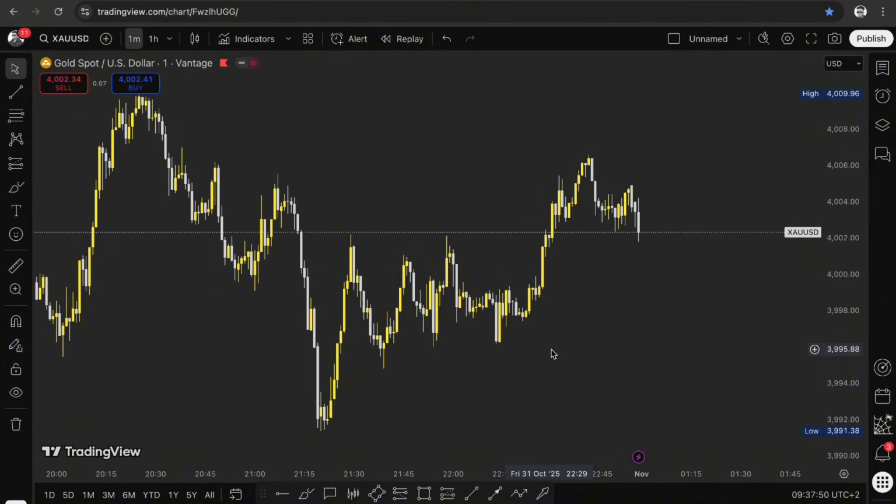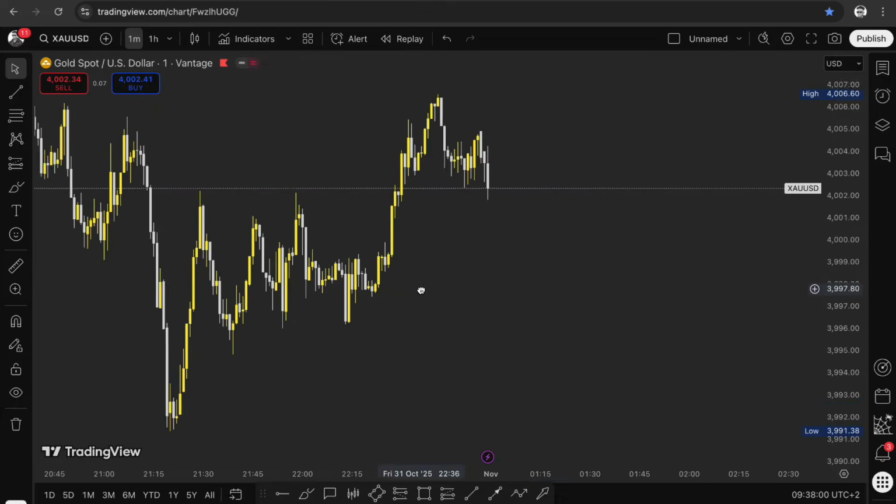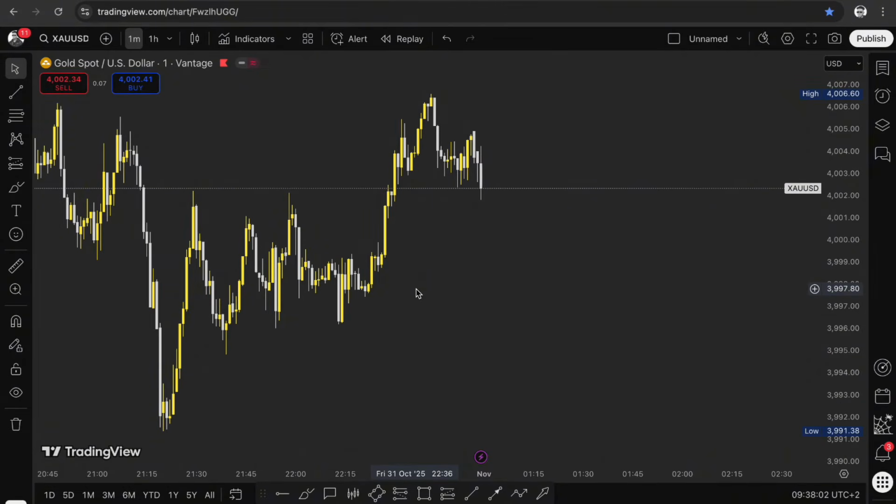Sometimes it's going to be ranging, so you need to be quick to know, okay, the market was trending, now it's ranging. The way you trade the ranging market is different from the way you trade the trending market, and it's different from the way you trade the reversal